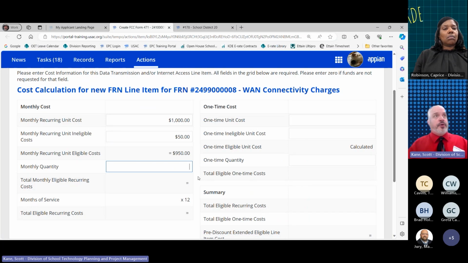If you were to say, well, we have 5 total circuits, you're missing out on an extra $200 per month because those 4 other buildings don't have a cost allocation. So if I said, all right, I have 5 buildings and I have 5 circuits, you can see now that only one primary center should have the $50 coming out of it each month. So you're going to be losing out on $200 a month. No reason to do that. Just set up a separate FRN line item for those other 4 buildings.